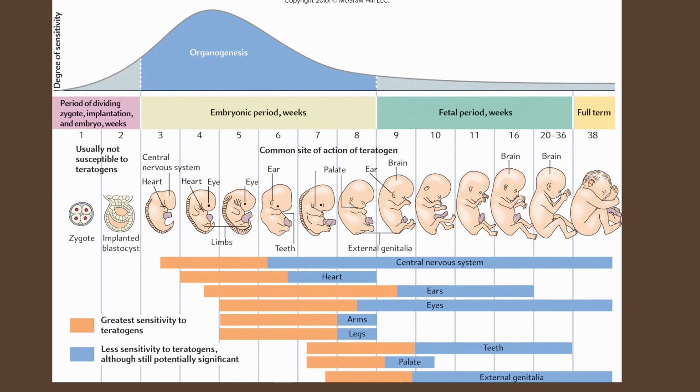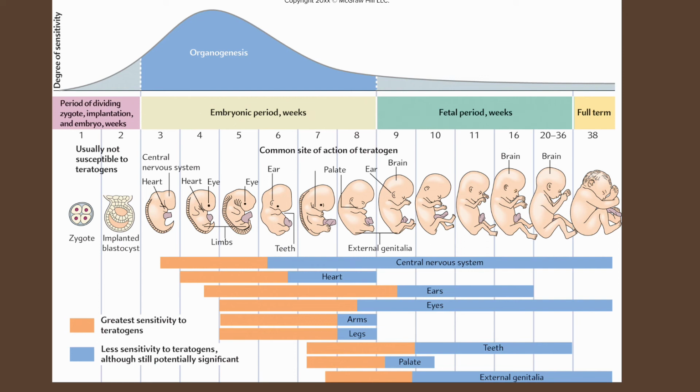Now that you have a basic understanding of gestation and factors, I want to show you these two slides to make clear why it is important to understand the process of gestation. The slide shows the three phases of development: germinal, conception to 2 weeks; embryonic, 3 weeks to 8 weeks; and fetal, 9 weeks to birth. If you look at the picture, you will notice that the orange is the greatest time of sensitivity to teratogens, environmental agents that can interfere with normal development.